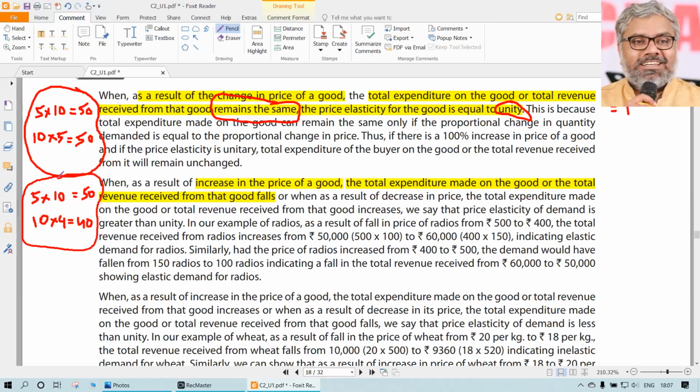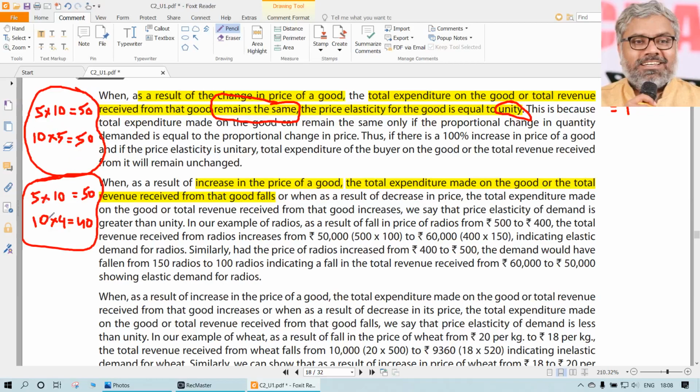So what can we say? Is this product highly affected by the price? Yes, definitely. Why? Because though there is a 5 rupee increase in the price in this example, the number of units reduced by 6. Of course, you should take percentages rather than 5 and 6. Irrespective of that, the final result is what is important here. In the earlier scenario, whether price increased or decreased, the quantity demanded adjusted itself in such a manner that the total expenditure did not change.